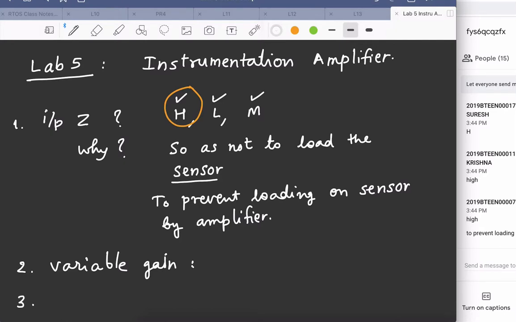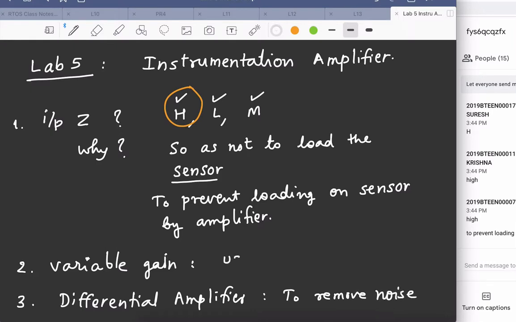What is the third one? Gain variable. The third one is differential amplifier, to remove noise.